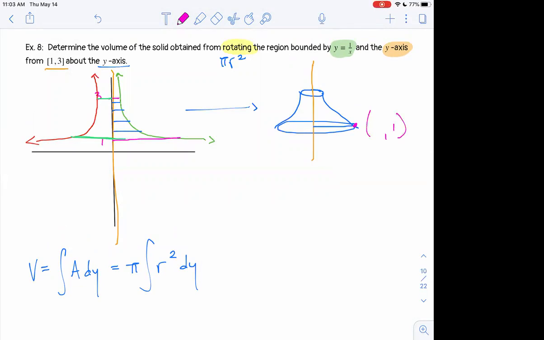What is the x value that goes with it? One. Yeah, that x value is 1. Okay. Well, this line right here,